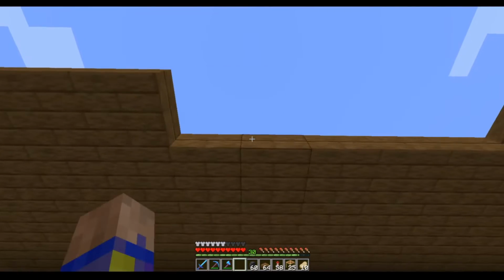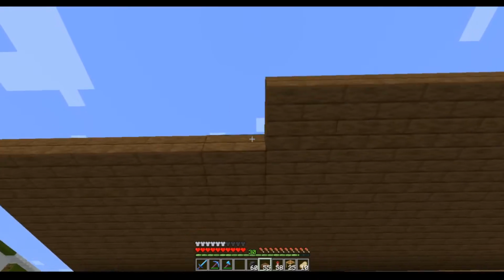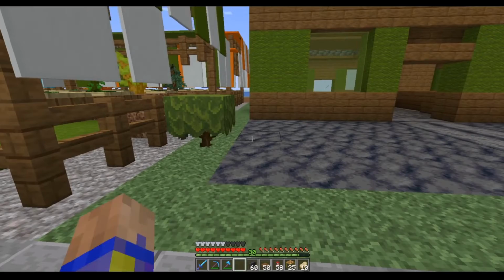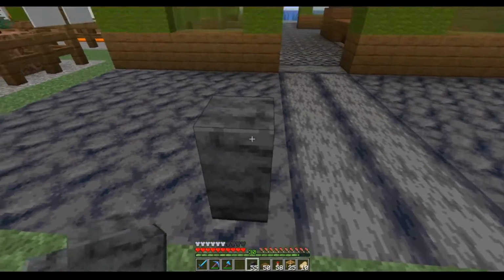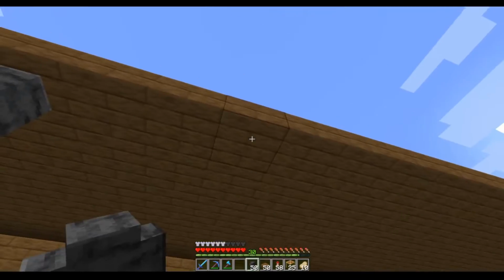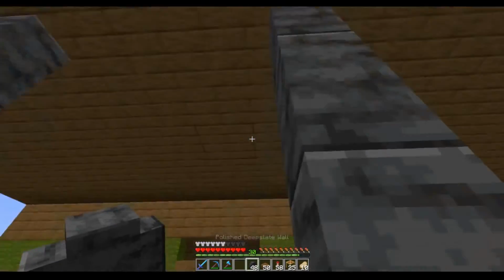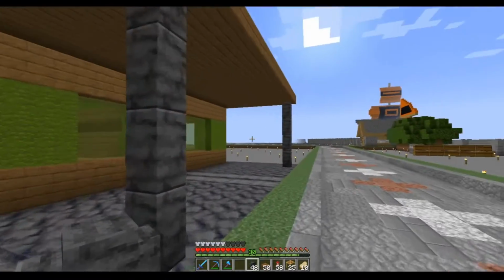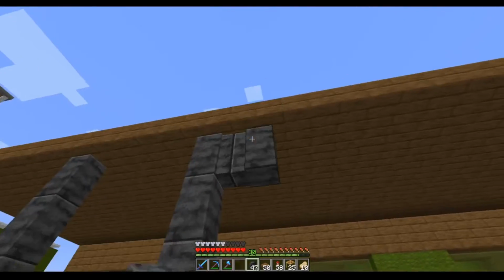Now that the roof is done, I am adding on my awning for the patio. So we're just going to have spruce planks or half slabs. And then a few risers here. This should set off each area pretty good. So we're going to have the patio on this side, and we'll have the same one on the opposite side of the building. And then in these squares here on each side, actually,